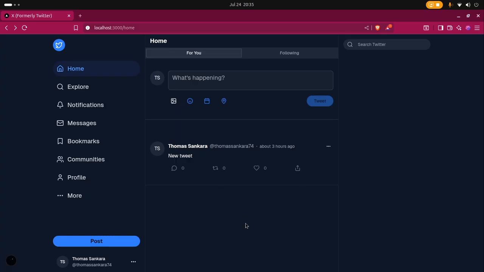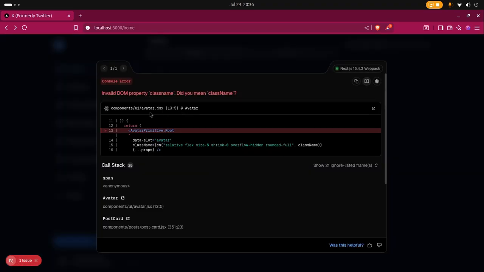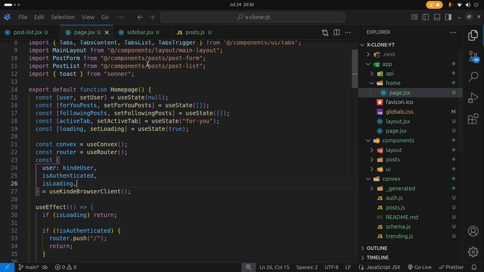I think I just needed to reload it, right? So let's reload it once again to ensure that we're not getting any errors on the screen. Okay, there we go. So we are not getting any errors, looking very, very nice. So let's go ahead and try to add a reply here. So reply gets an issue. What's the issue? Class name in avatar. So this should be inside the replies. So postcard,